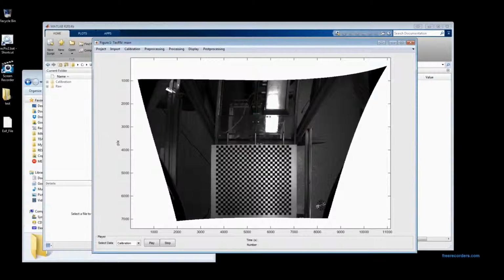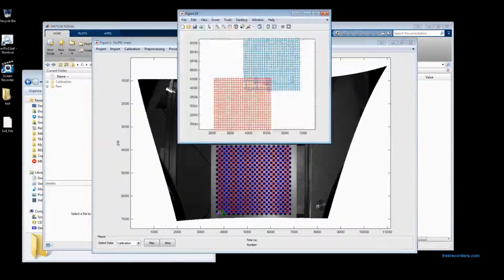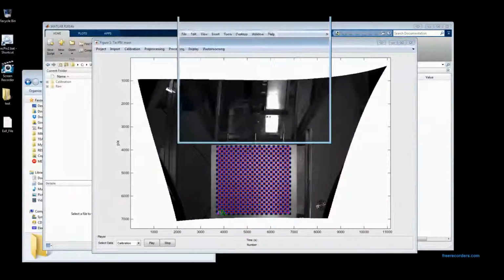We're going to verify. Again, we have found all the points,